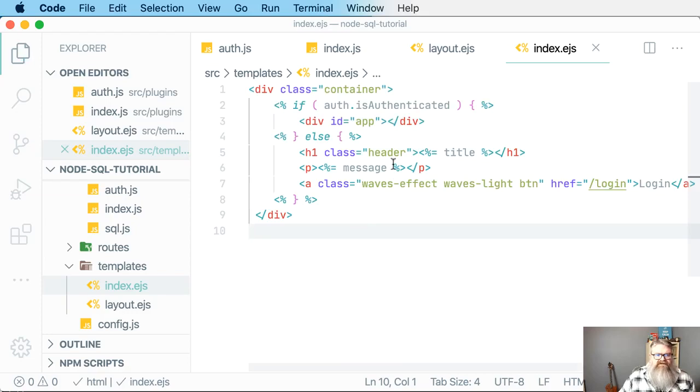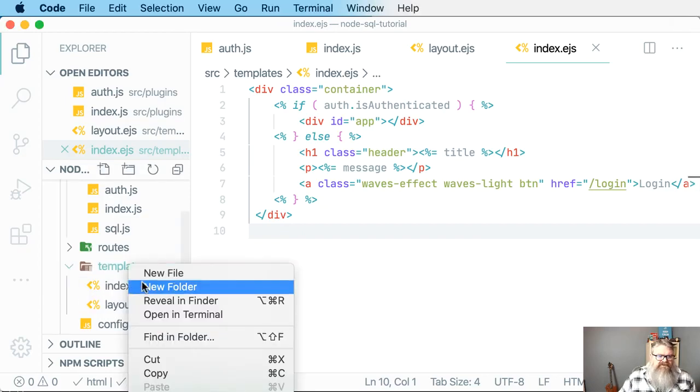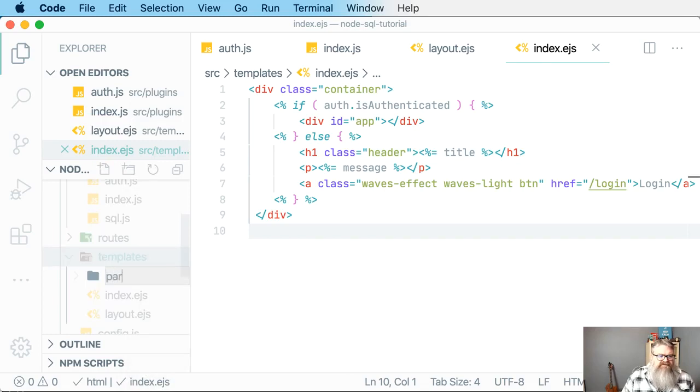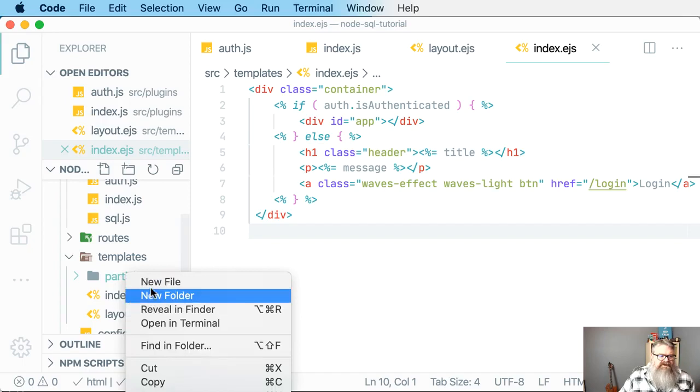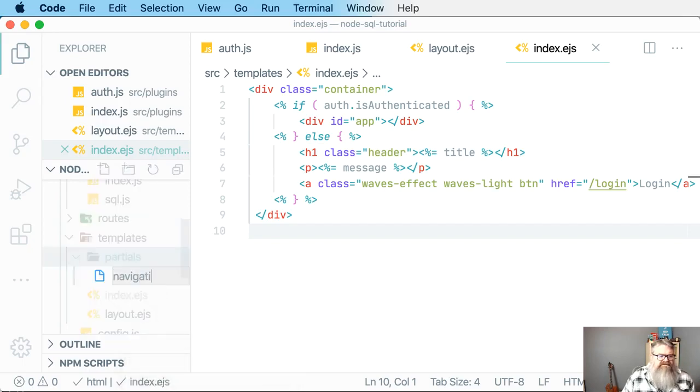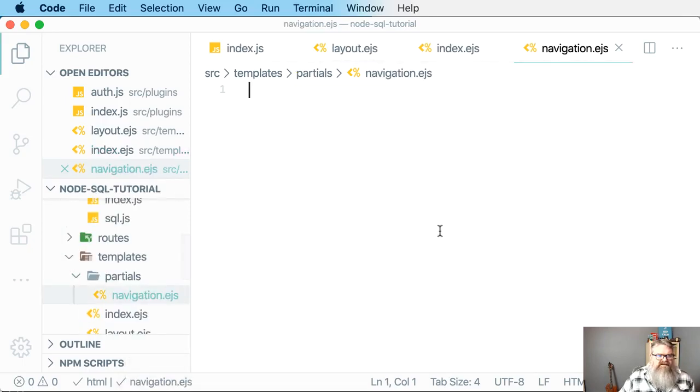So that's all we need for the index.ejs. The next thing is we need to create a template for our partials. Under the templates, we need our navigation partials. So create a folder named partials, and in partials create a file named navigation.ejs, and in here